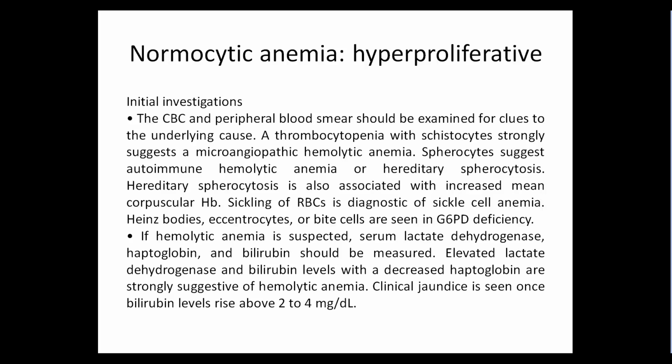Spherocytes suggest autoimmune hemolytic anemia or hereditary spherocytosis. Hereditary spherocytosis is also associated with increased mean corpuscular hemoglobin concentration. Sickling of red blood cells is diagnostic of sickle cell anemia. Heinz bodies, bite cells, and blister cells are seen in